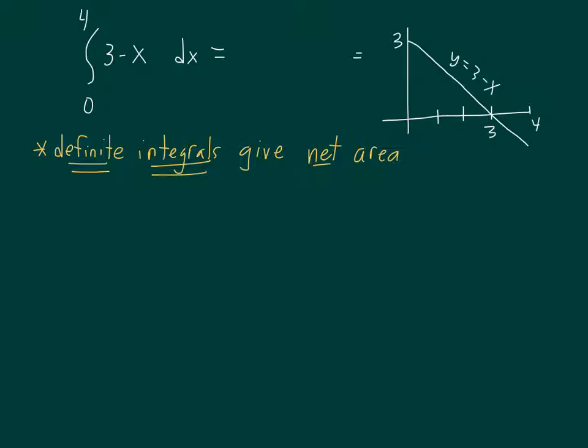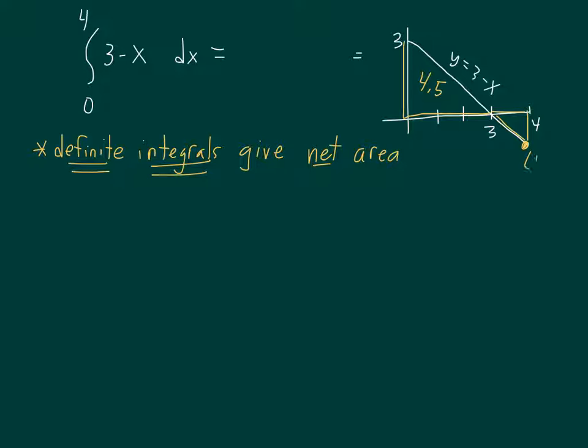Now don't confuse that with a total area, which we'll talk about in a moment. So if we were to just first do this geometrically, it's pretty easy to do. This triangle here we know is 3 by 3, has a base of 3, a height of 3. That's going to give us an area of 4.5, right? 9 divided by 2. And this area below here, it's another triangle, and this triangle has dimensions 1 by 1